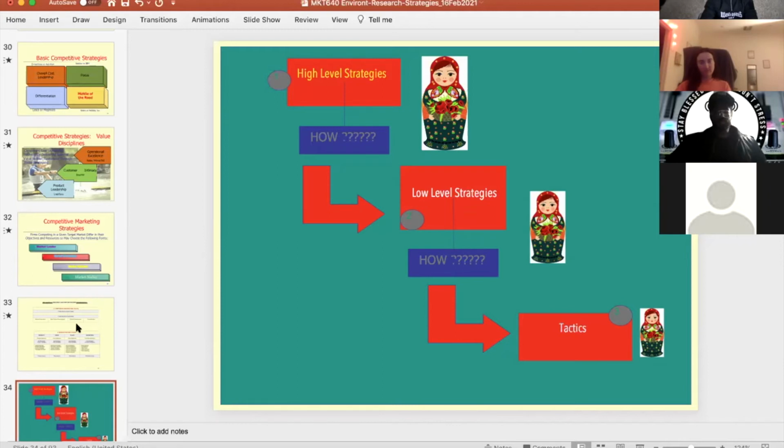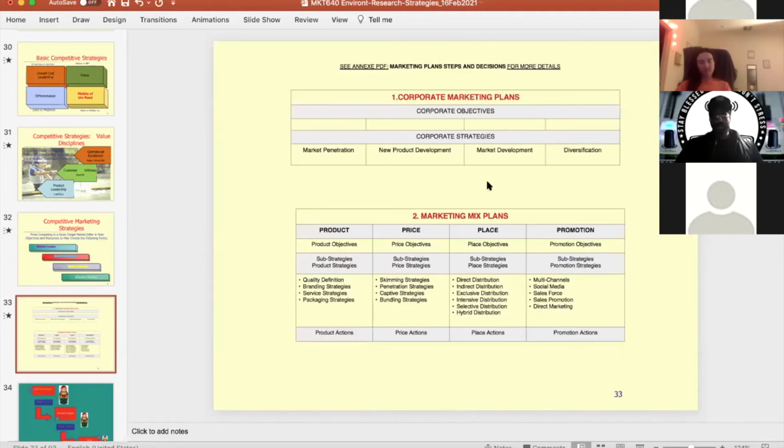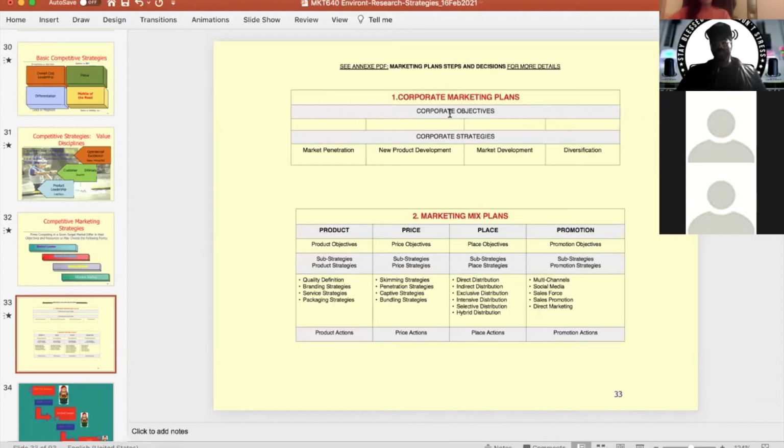So now let me go back to this. So this is just what I've explained. You have a business which has an objective here. This objective will be fulfilled by the corporate strategies. The standard corporate strategies are market penetration, new product development, market development, diversification, but also market nicher, market follower, market challenger, customer intimacy, overall cost leadership, focus, middle of the road. All right, all of these are the big strategies. And then these are fulfilled themselves by the tactics, which are the 4 Ps, you see: product, price, place, promotion.